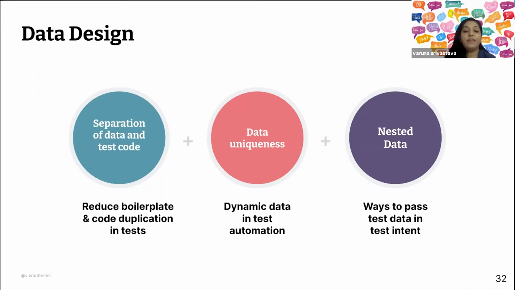So there are different ways to pass the test data and what you intended. In my opinion, I keep the data in a separate class altogether, but it should be accessible from my IDE so I could see what the data is and where the data is, and what could be the different failures if something occurs